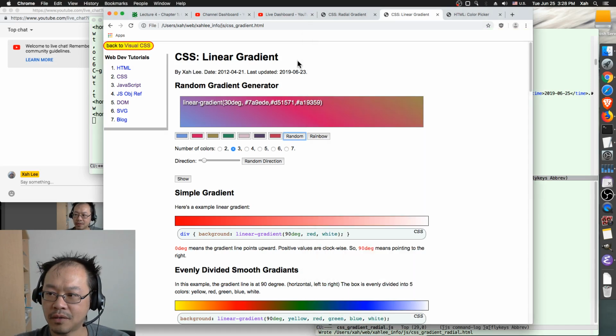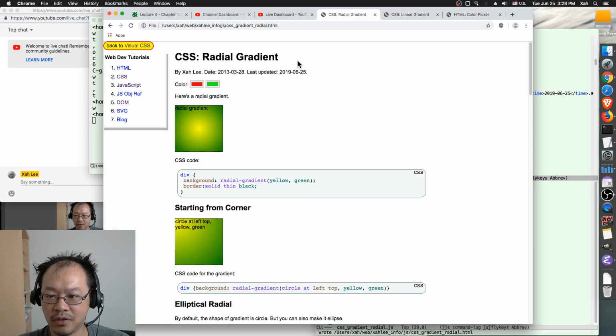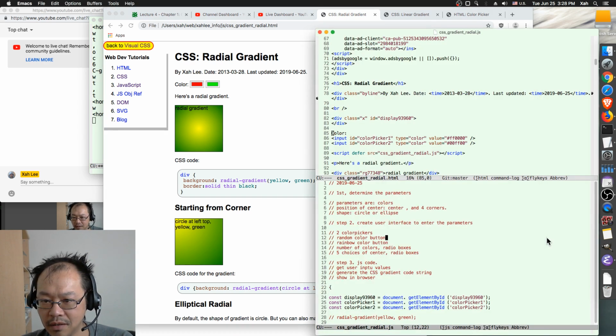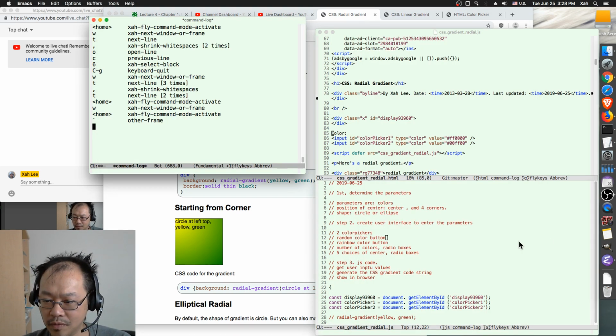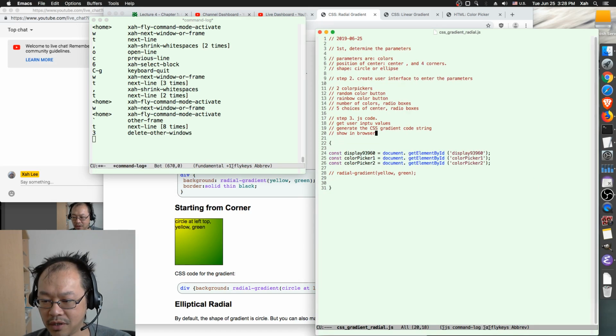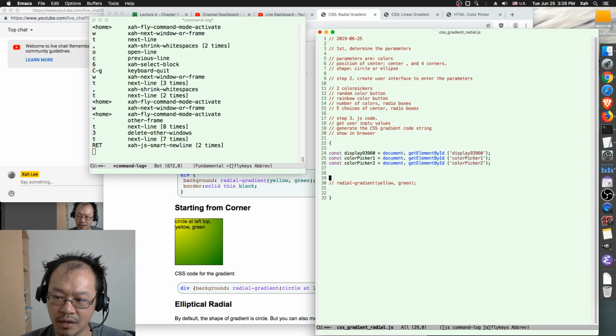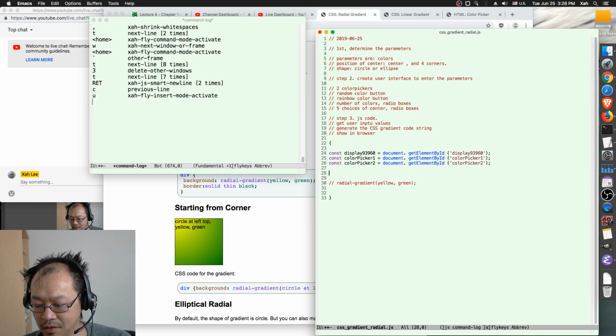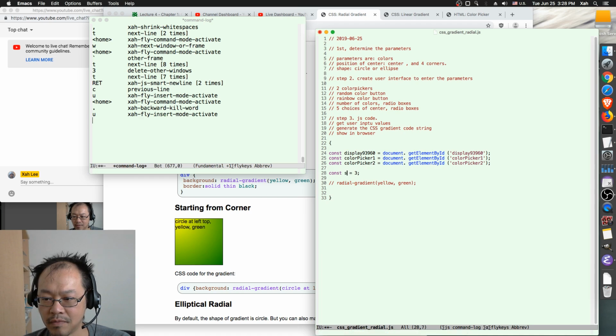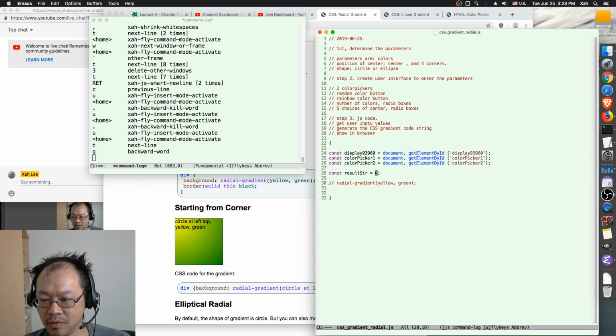So let's go back to our page. Let's show it. Okay, that looks like that. Right now we need to generate the string. So let's just write a code to generate the string. So result string equals to